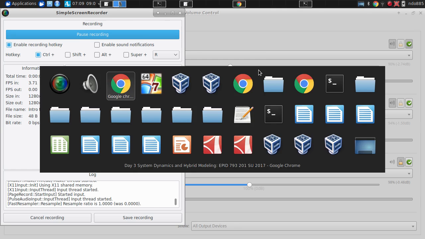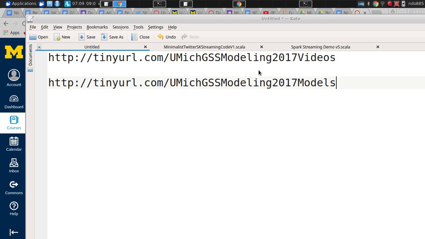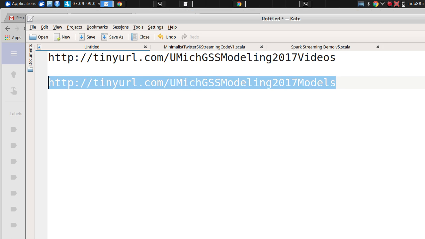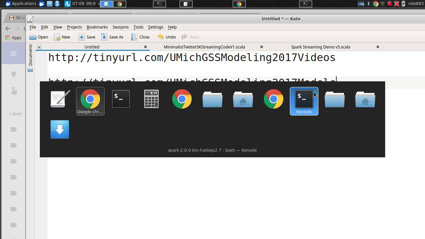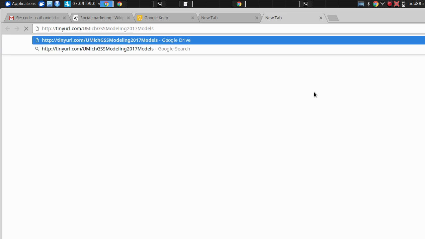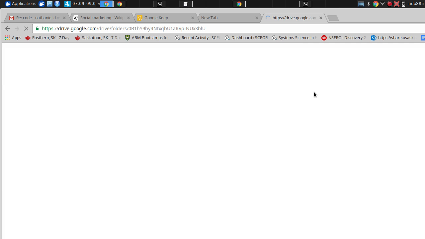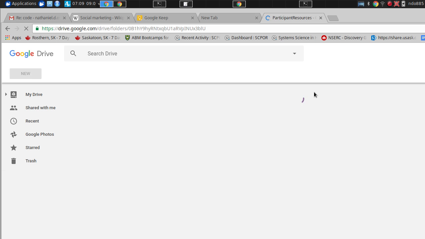Okay, so the models that I will be distributing are at this link here. And if you go to that link, tinyurl.com/UMass GSS modeling with 1L 2017 models. If you go to that link here, what you will find is something that looks like